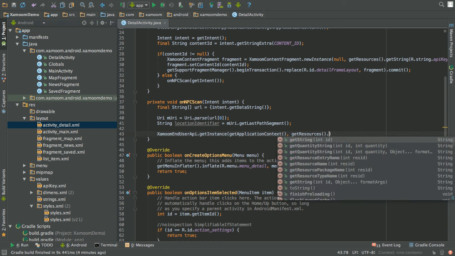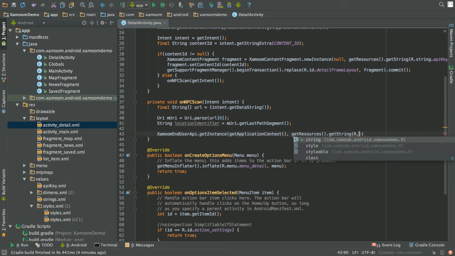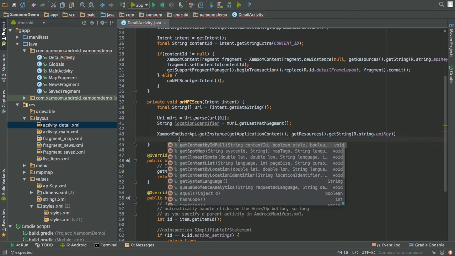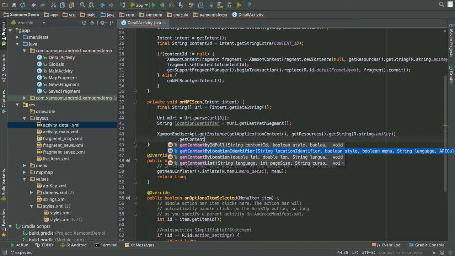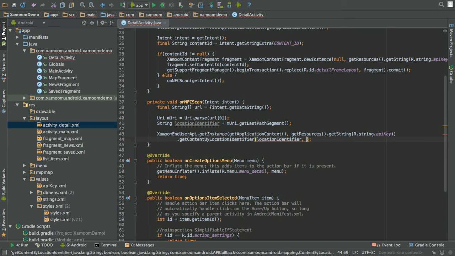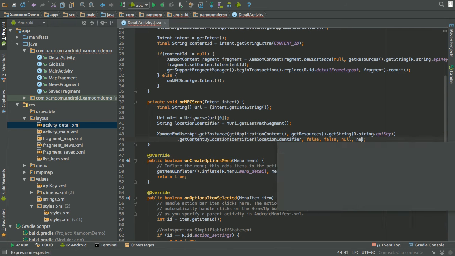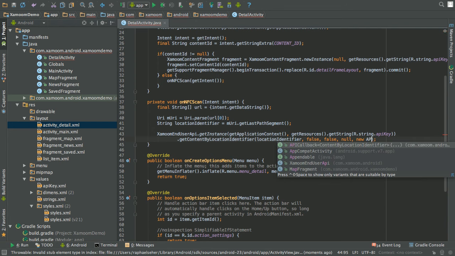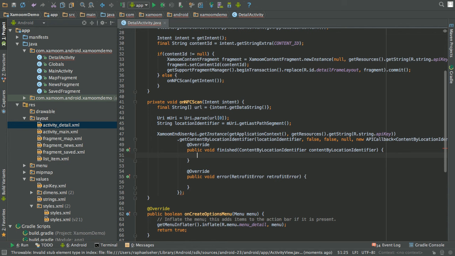Again, we need some context and we need the API key. And we call get content by location identifier, because that's what we right now got from the NFC tag. Location identifier, again, no language, but of course a callback,